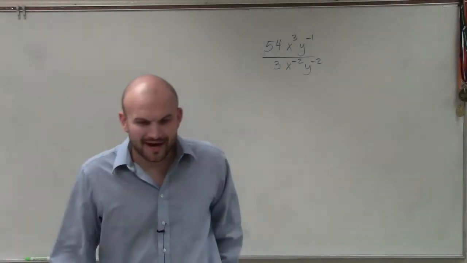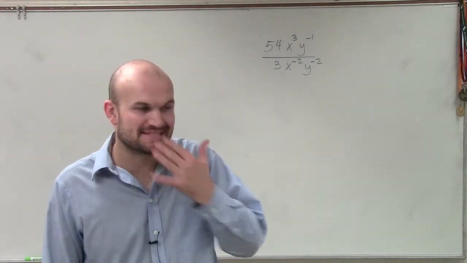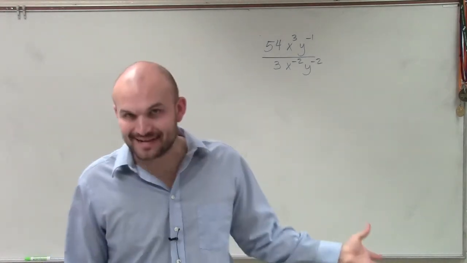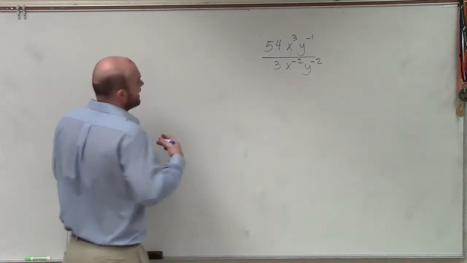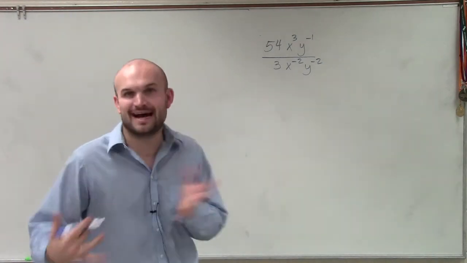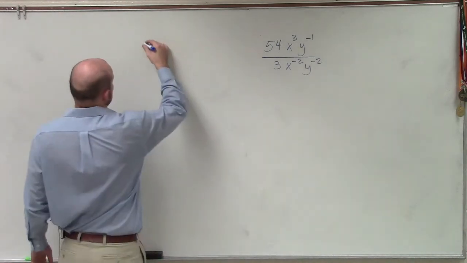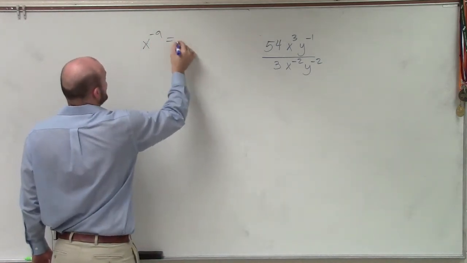Okay, welcome. A lot of times when I get a problem and I see some negative exponents, I hate negative exponents. So what I like to do is just rewrite them. To do that, I need to understand how we come about negative exponents and how to rewrite them. By the properties of exponents, if I have x to the negative a, I can rewrite that as